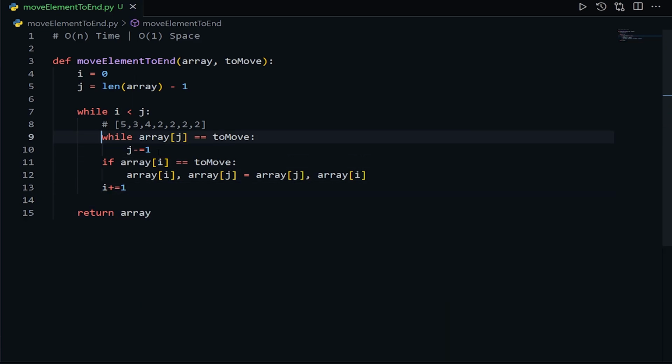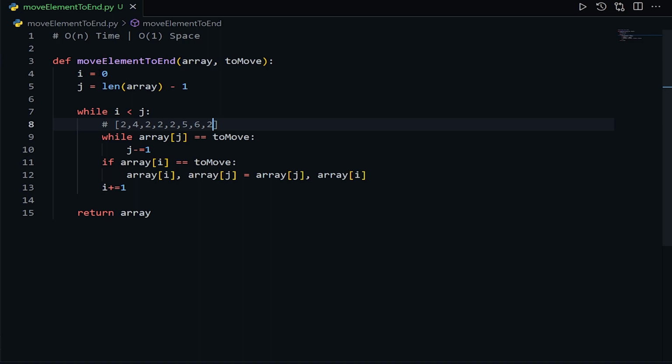But I don't know if you guys noticed or not, I have missed one important thing. Let me show you by giving an example. So let's say I have an array like 2, 4, 2, 2, 2, 5, 6, 2.